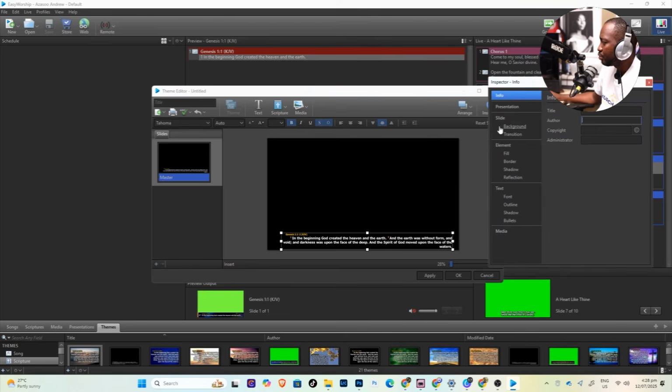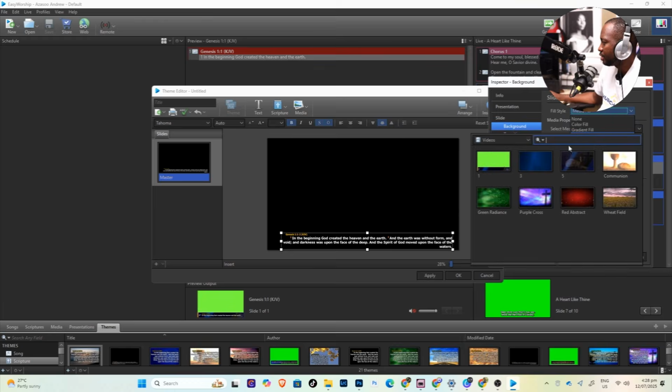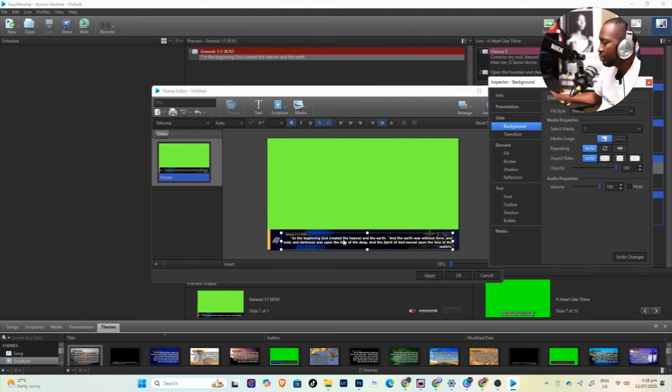And then you go to the slide background and then click on the fill style, that's media fill. Then you can select and it's going to bring this. You can either use green, you can use any other color. If you have the color picker, you can pick it, but we like using chroma and then luma, which is black. So I have this, and then I'll just name it, and then I will apply, and okay, and then